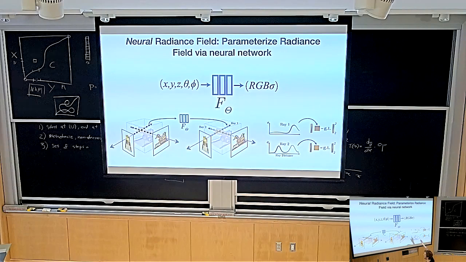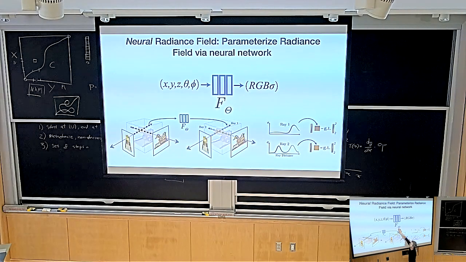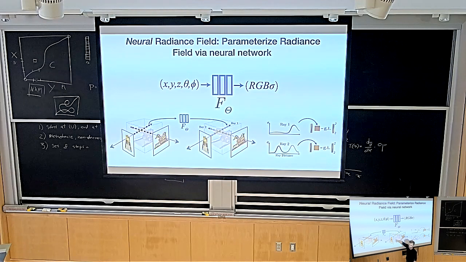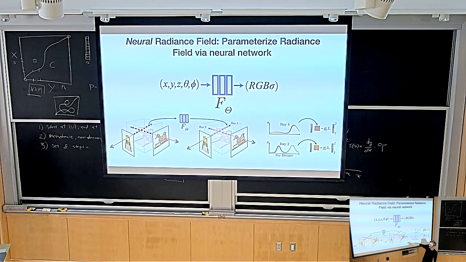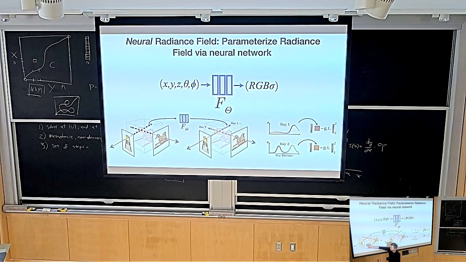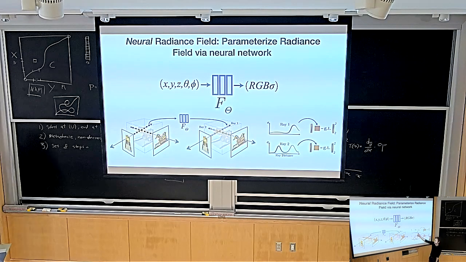In 2020. The idea here was you take a neural network. It takes an XYZ coordinate, and the other two inputs we can ignore for a moment. Those were the view-dependent effects, the thing that allowed you to do reflections and stuff like that. So it takes an XYZ coordinate input, gives it to your neural network, and maps it to a color and a density. Here you can see another visualization of the rendering process, which allowed us to define the color of a pixel as a weighted sum, an integral over these densities and colors along the ray.